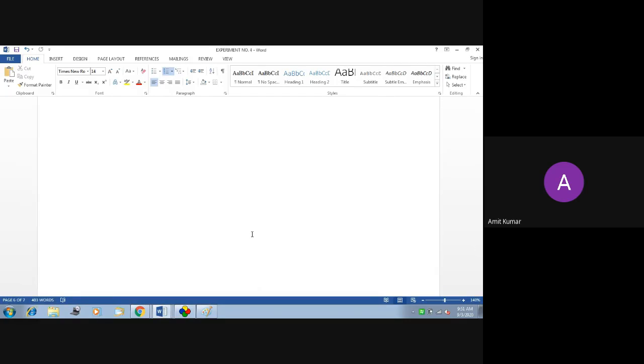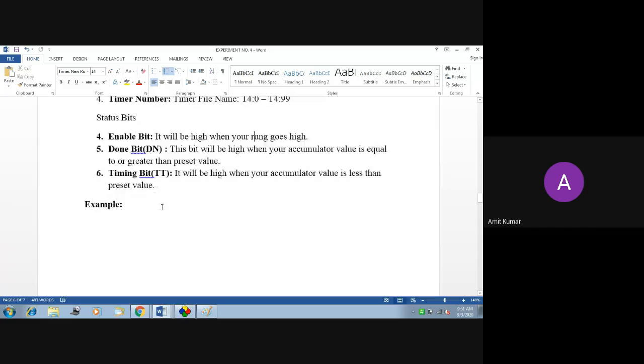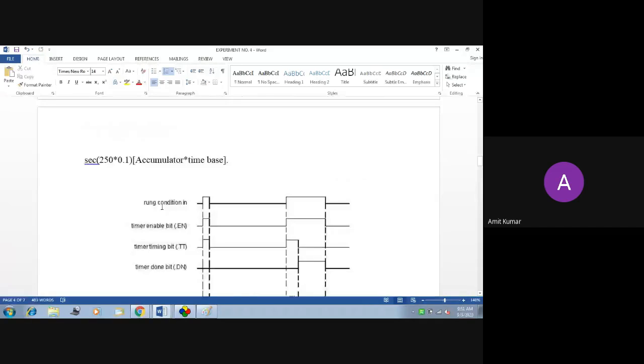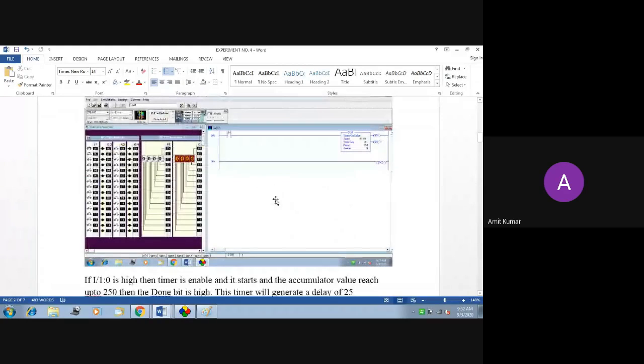Okay, so now this lab has been completed. So now I will tell you what you need to do in this experiment. So I will share this Word file. So here all the things have been written. Just you need to explain one of the examples. So one of the examples I have taken here. Same way you have to take two other examples for retentive timer and T off timer.